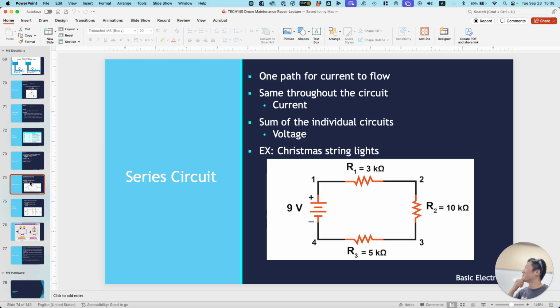Now we're going to talk about the type of circuit that we build. There are two types: series and parallel. Series is basically daisy chained, one after another. So if you look here,